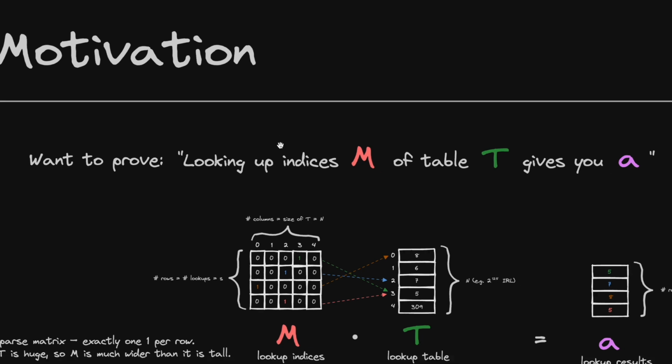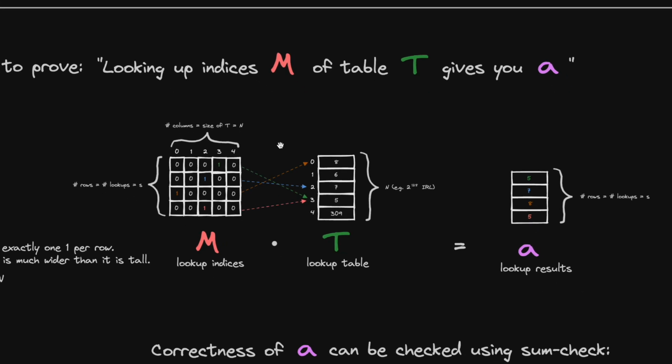In linear algebra form, that looks something like this. So you have a lookup table T, which in this picture contains these entries: 8, 6, 7, 5, 309. And you're going to perform some lookups into that table as specified by this binary matrix M. Each row of this matrix corresponds to one lookup into this table. The first row of this matrix has a 1 in column 3, so it's performing a lookup into the third entry of T. And we can see that the first, or rather 0th entry of the lookup results vector A